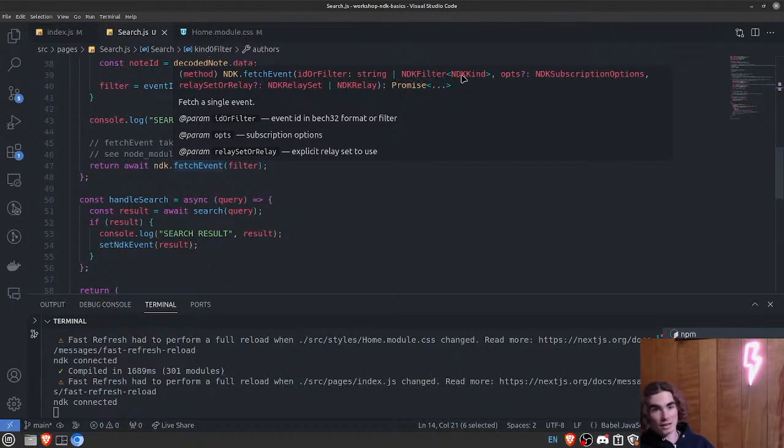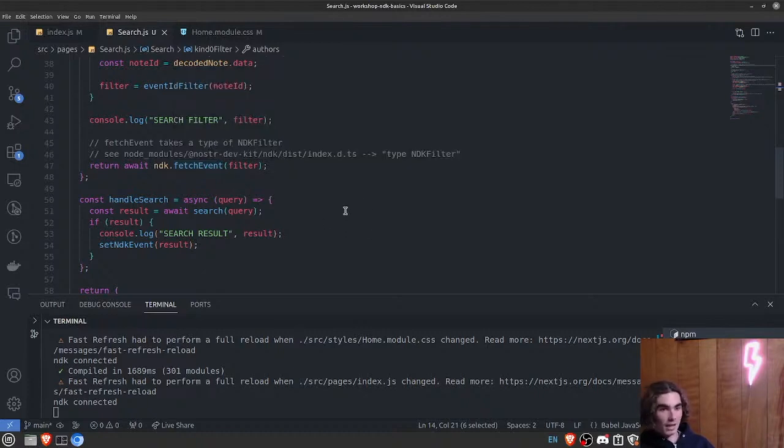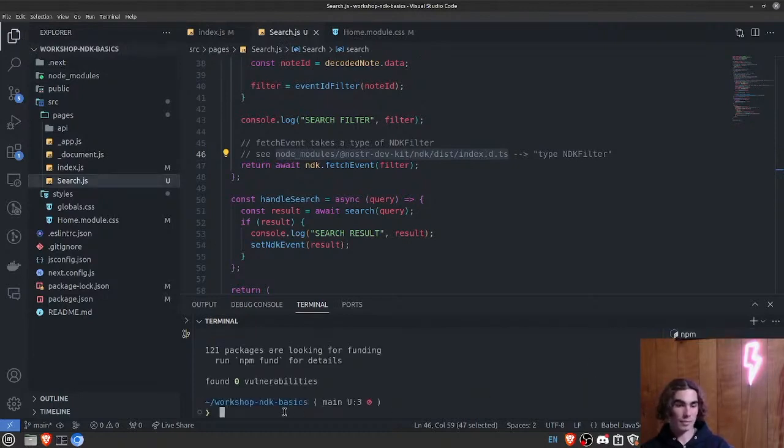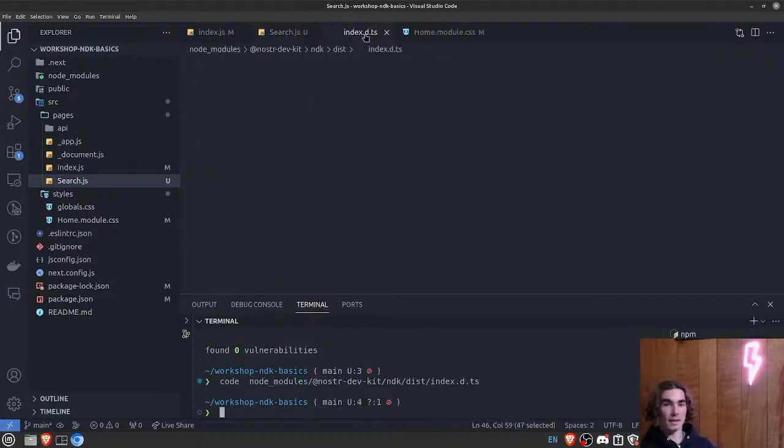And so right now we're searching with this filter, but we could also search just directly by ID if we wanted to. We could just pass in the event ID. So this node modules path right here is going to be in node modules. But you could also just copy what I had there and say code and then open it up, and it'll